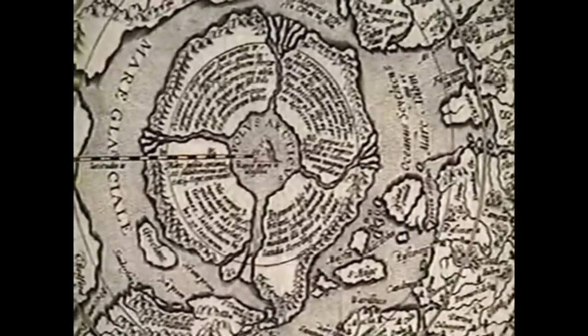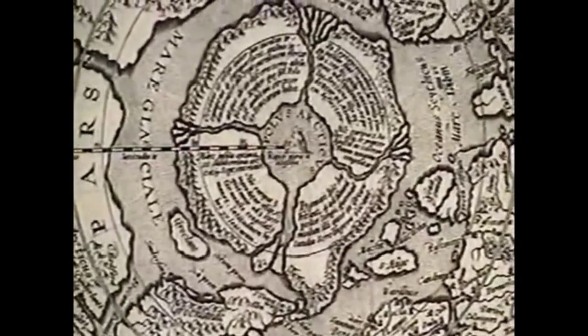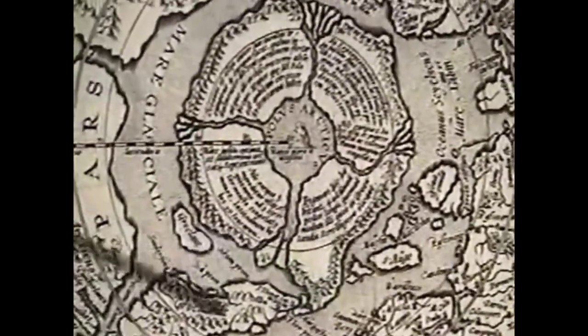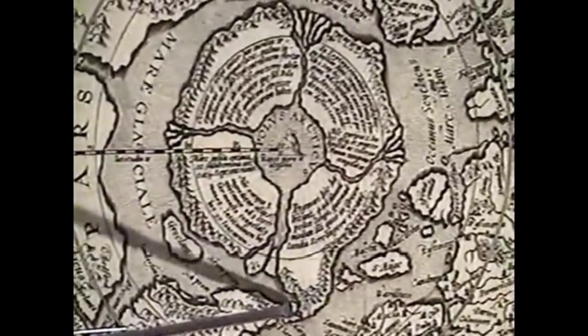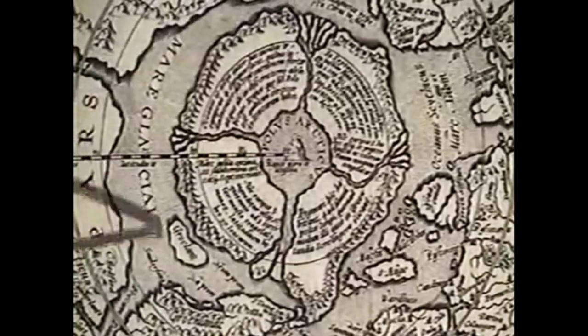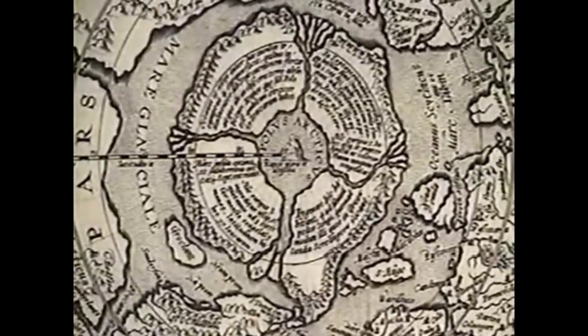Could they have stopped at Friesland, used it as a port to gather more supplies and sail up through here? Here we see how just a tip end of Greenland is connected to this Bargo Island. Friesland, we can easily determine, sunk